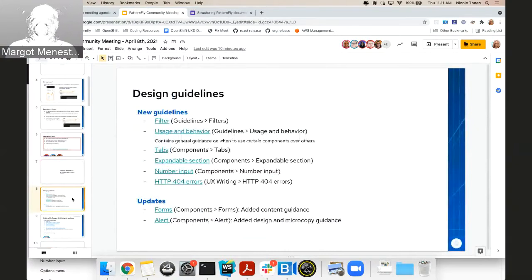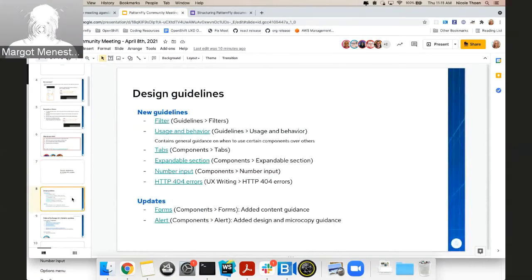We have some new usage and behavior guidelines, which is basically a place where we've decided to put some more general guidance on when to use certain components over others. So if you ever find yourself confused for, let's say, when to use a tooltip versus a popover, or a data list versus a table, this is where you would go to find that sort of broader information about different components and when to use them.